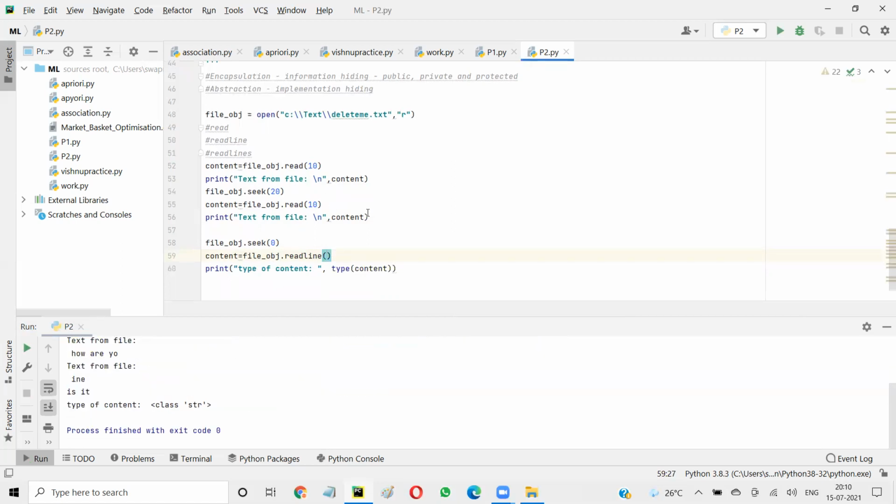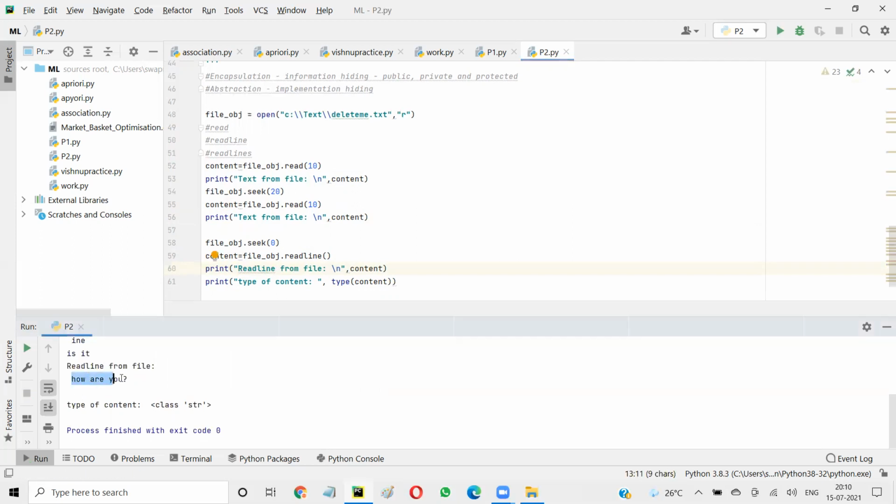I have to do the print here, right? So readline, okay, readline. So how are you? It reads line by line. Now, if you want to read every content, one option is to read everything, but readlines will actually read it. See, this is also a string here, right? And if I say lines,